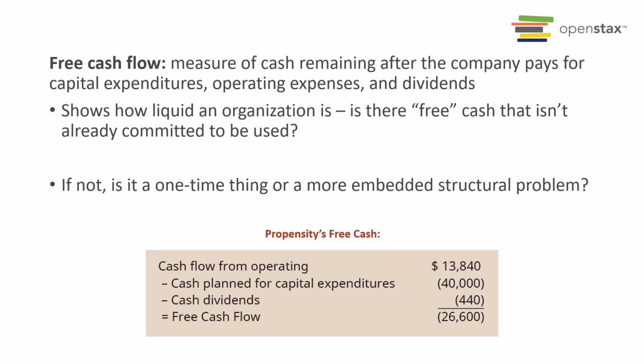It is the cash flow from your operating expenses. So you're going to go get that net amount right off the cash flow statement, minus any cash that your business has planned for capital expenditures. So you're planning to buy buildings and equipment and other big expenditures that you haven't actually bought yet, and any